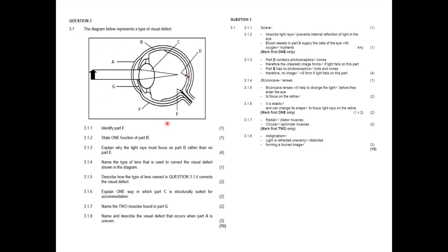The concave lens, if I draw it here, this part will refract light more. So the clear image falls on the retina. So your answer is a concave lens. Right. You could say concave or biconcave. Then they ask you